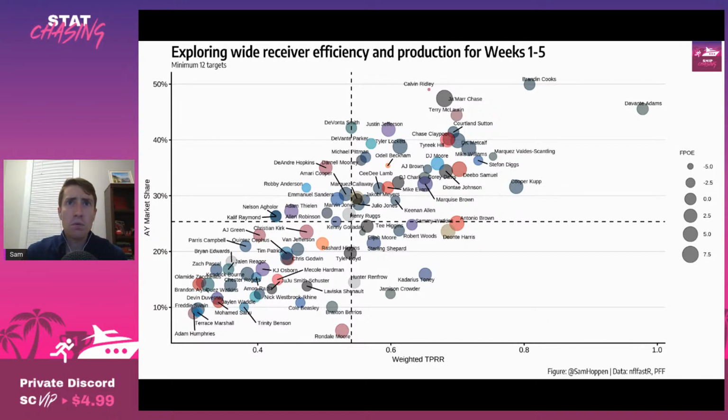Finally, Chris Godwin, probably the biggest disappointment because he's only scoring 16 PPR points per game, but that is the fewest of this trio. Like I said, he's got an outstanding 93% routes run rate. He's got an elite 0.97 WOPR and a solid 19% target share, which is second on the team.